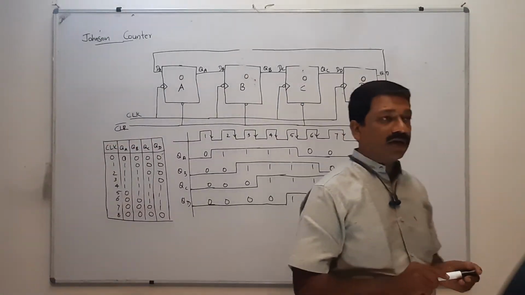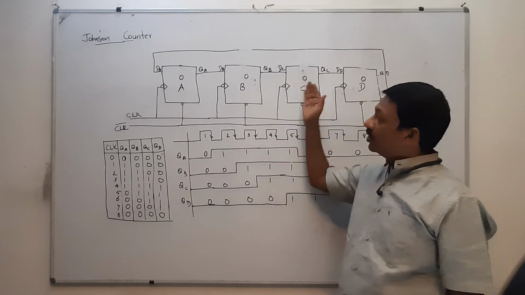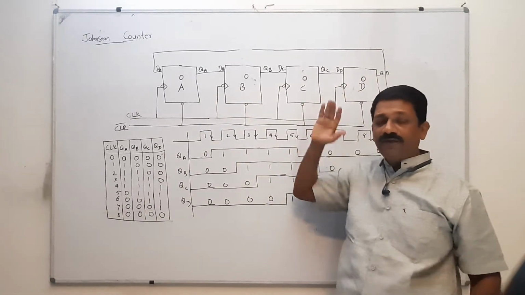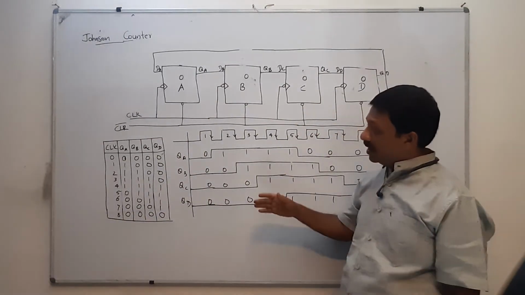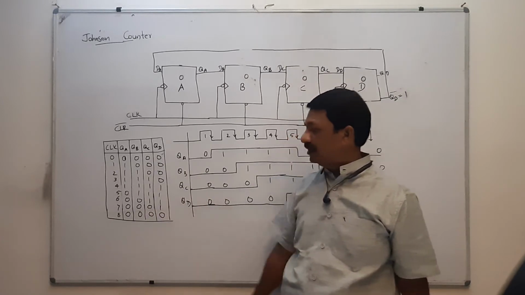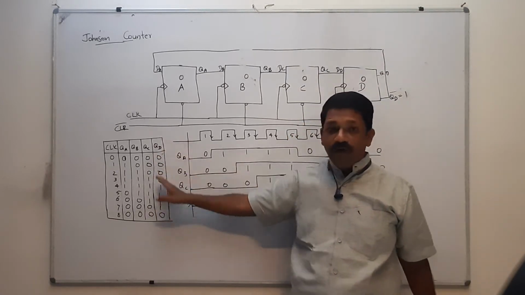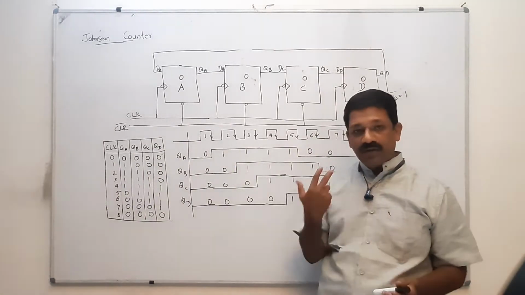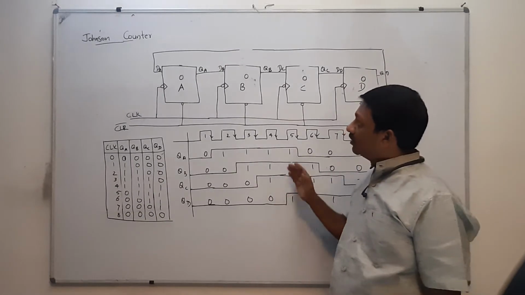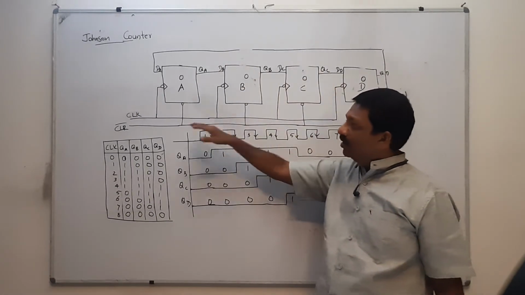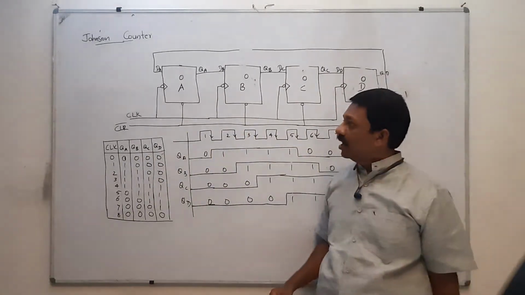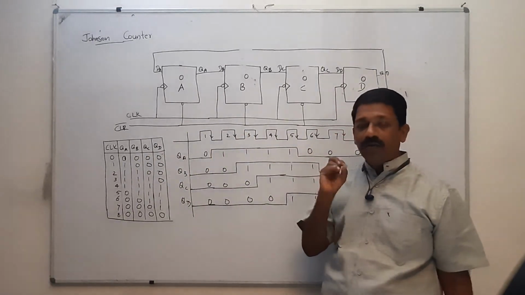In the case of Johnson counter, initially the content of all flip-flops will be 0. After that, you have 8 different stages, 0 1 2 3 etc. As it is a 4-bit Johnson counter, you can have 3-bit Johnson counter, 5-bit Johnson counter, etc. Anyway, there is no need to have that preset signal. Only clear signal is needed. Initially, you have to clear all the flip-flops,